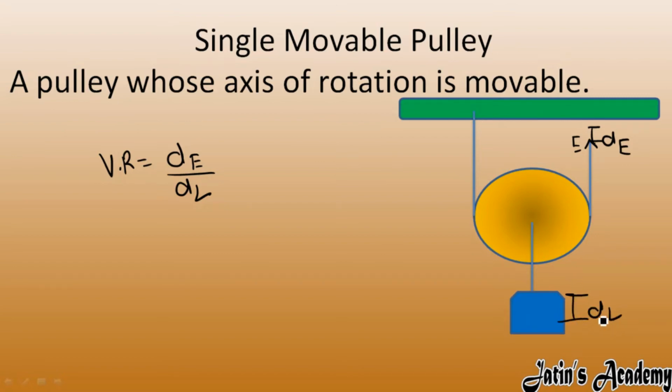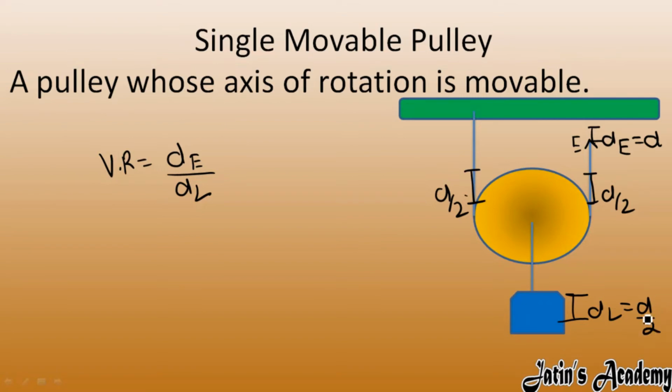Here you have to carefully see one thing, that when this displacement of effort moves upward by a distance d, this string is moved by a distance d by 2 and this string is moved a distance d by 2, means both distances half and half, from both sides half and half string is moving to complete the d displacement. It means that when half and half string is only moving, so load is only moving by d by 2.